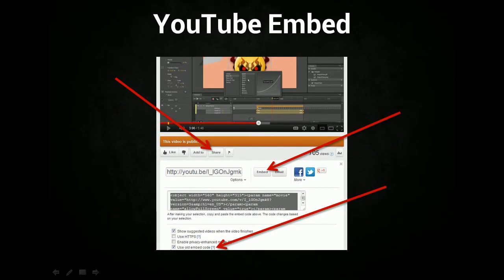So how you would do this is you'd search for a video, and once you find the video at youtube.com, you can click on this little share button here, and that shows up right under the video. Once the share area is enabled, you'll see an embed button. So clicking on that embed button will allow you